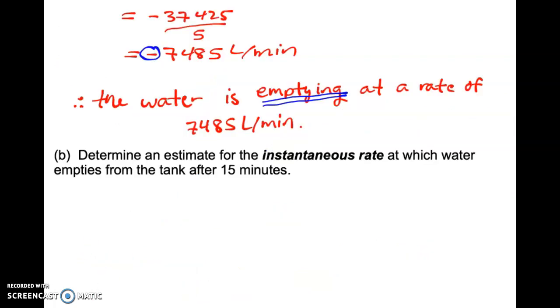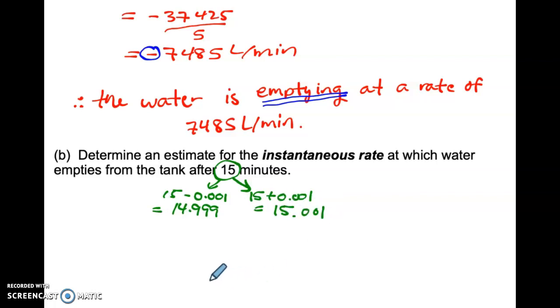Part B, this time they're asking for the instantaneous rate of change at which the water empties from the tank after 15 minutes. Really, that means exactly at 15 minutes. So we know this is an instantaneous rate because they told us, but also because they're only giving us that one value. So we need to turn that one value into two values by doing 15 minus our little bit of 0.001 and by doing 15 plus that little bit. So that would end up being 14.999, and this would end up being